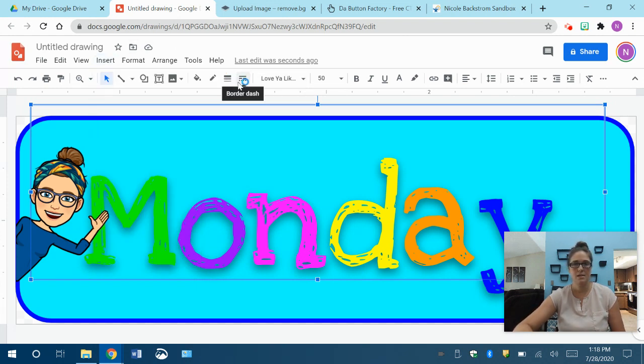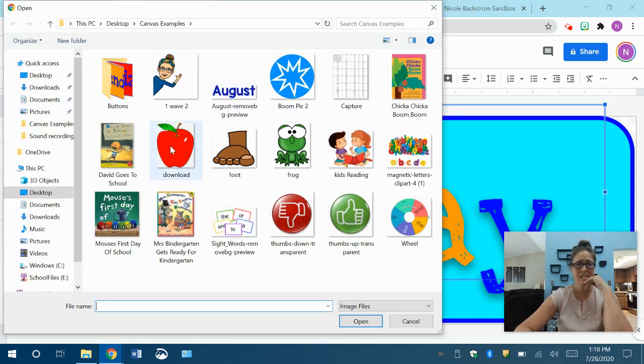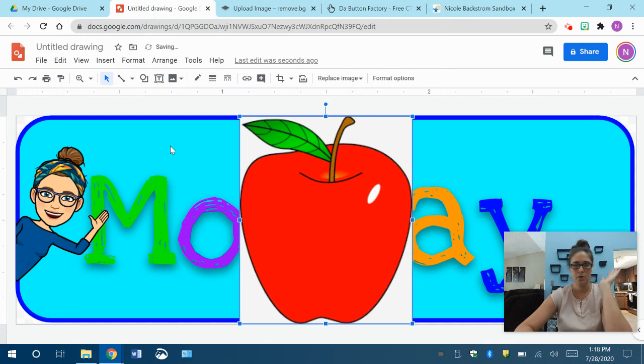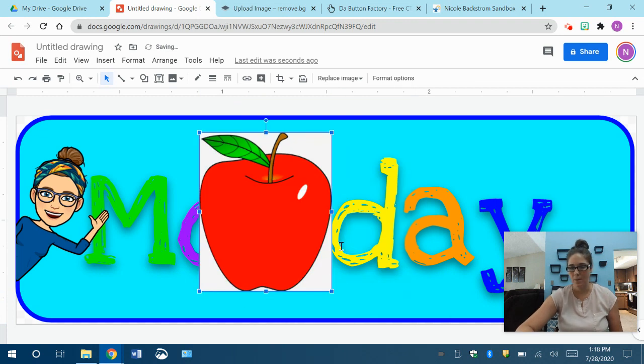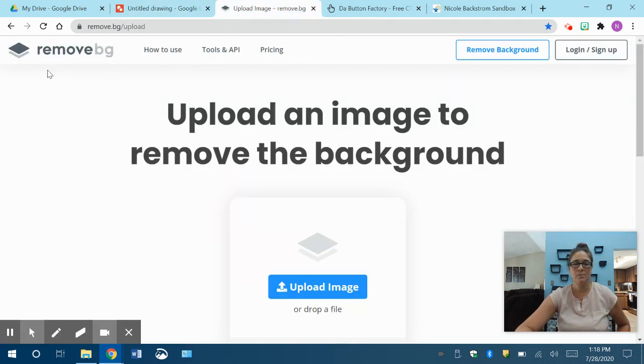And what I mean by this is if I have an image that I've found that's like an apple. And I know these don't go along with the Monday theme at all, but they're just some pictures that I had. Now, if you notice, it has that white background on it. Now, when I'm putting it on white, that'll be fine. But if it's on this blue background, it's not going to look great. So what you can do is any image that has a background on it that you want to remove, you can go to this website